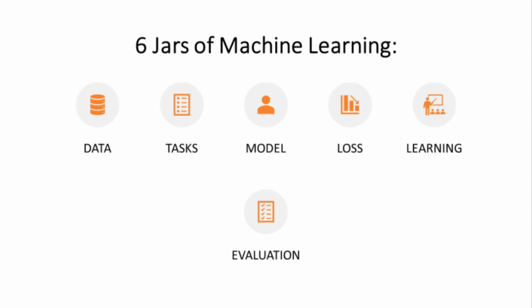Performance, experience, task. That is the reason machine learning consists of 6 jars. I always say these 6 jars. You need to make sure these 6 jars are implemented with the help of just 4 steps. We are going to perform those 4 steps today. We are going to build an API so that you can see your output not only in your Google Colaboratory but also at a public URL. That's where we use ngrok.